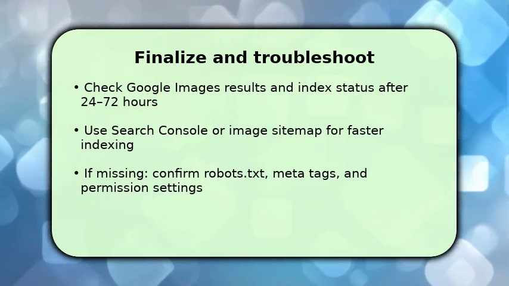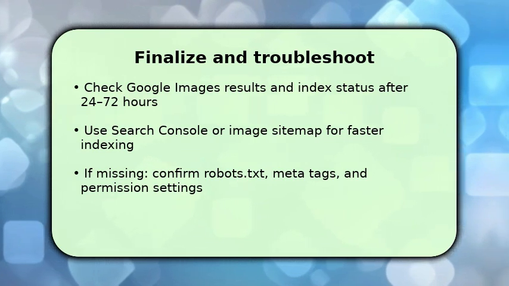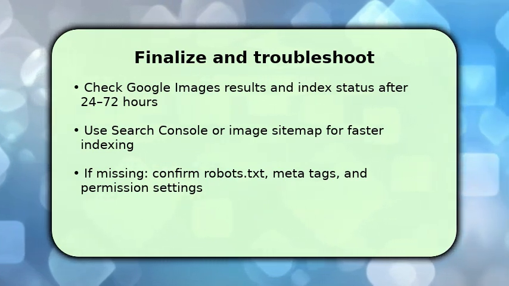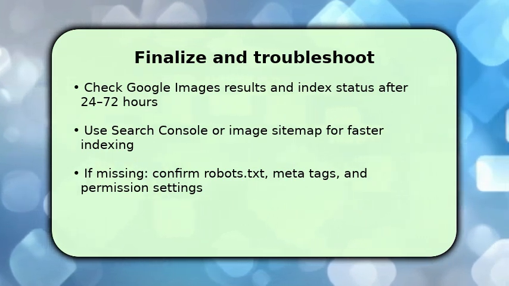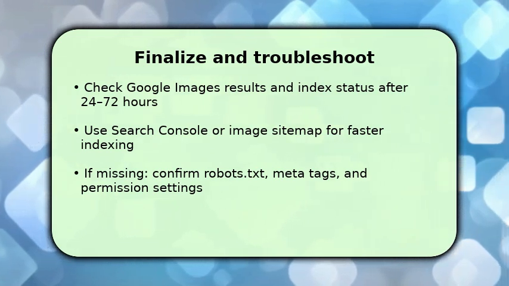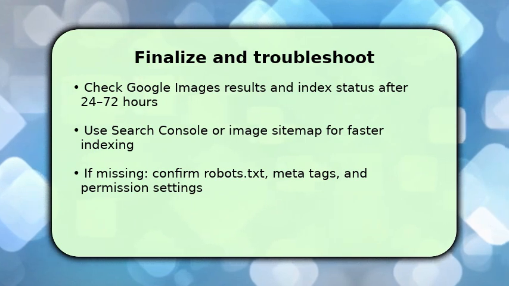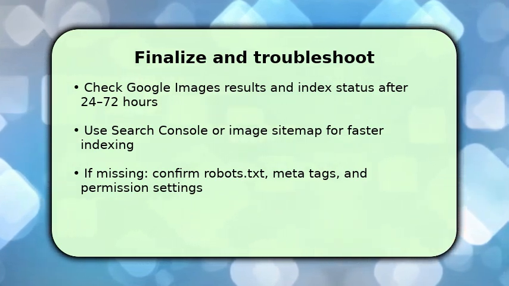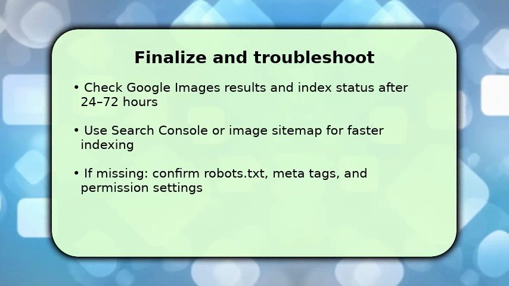For faster inclusion, submit an image sitemap or use Google Search Console's URL inspection to request indexing. Make sure your hosting allows crawling, check robots.txt and any noindex tags, and confirm public permissions if using Drive. If the image doesn't show, clear caches, resubmit the sitemap, and review file name and alt text for crawlable keywords. One key tip: incorrect permissions are the